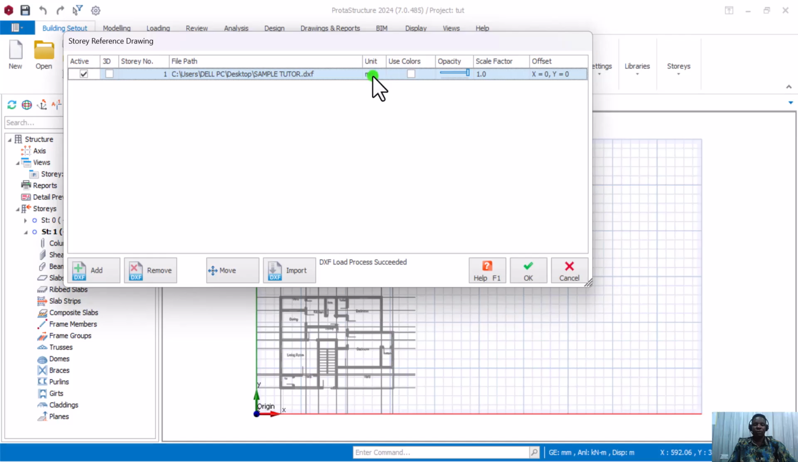We have the unit, which is the unit we used in setting up the drawing. We have the color, if you want the color you have in AutoCAD to be transparent here. Then the opacity is the degree of transparency of the drawing. So when you increase it, this is how it's going to look. When you reduce it,